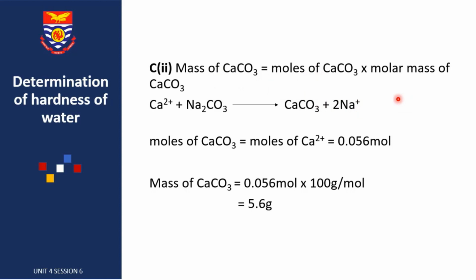Now that we know the moles, the next thing is to get our molar mass. The molar mass we can get from the atomic masses. Calcium is 40, carbon is 12, oxygen is 16. That gives us 100 grams per mole. We know our amount already. And to find the mass, we know that N is equal to small m over capital M. Amount is equal to mass over molar mass. We make mass the subject and we have amount times molar mass, and we have 5.6 grams of the calcium